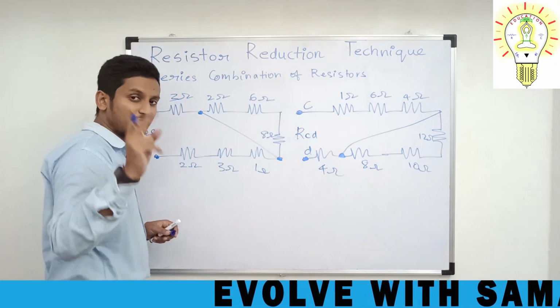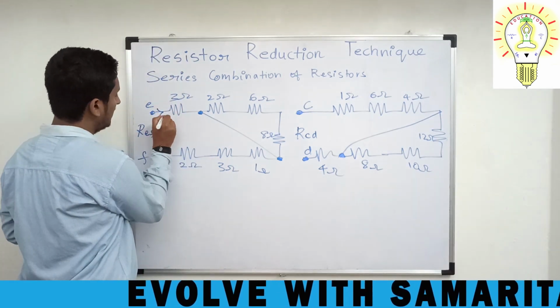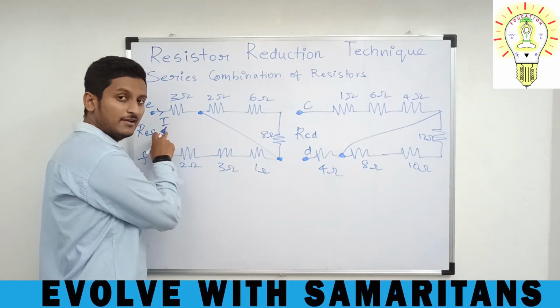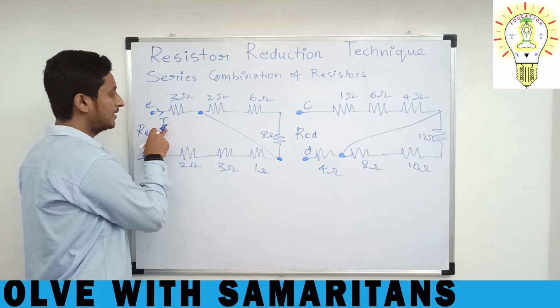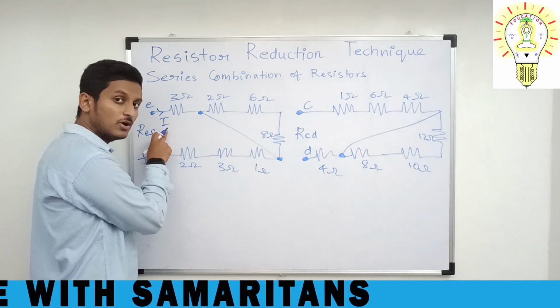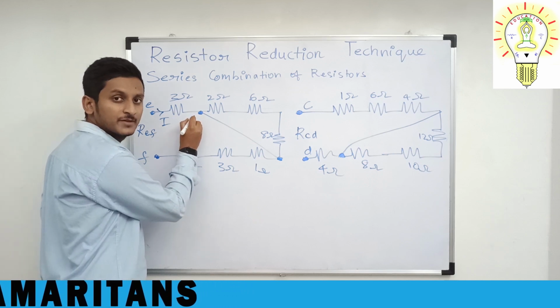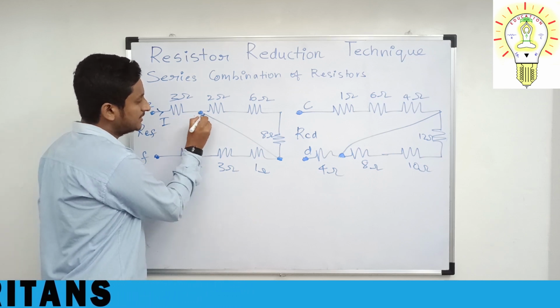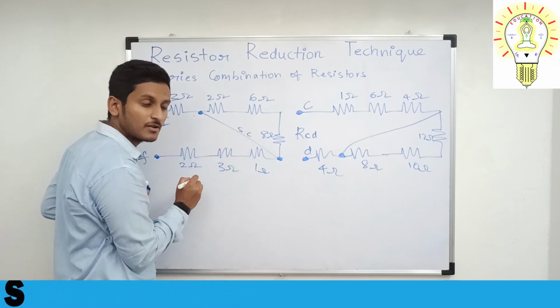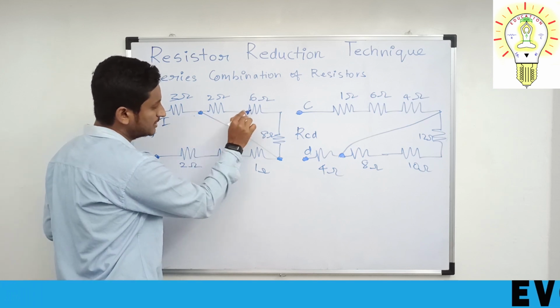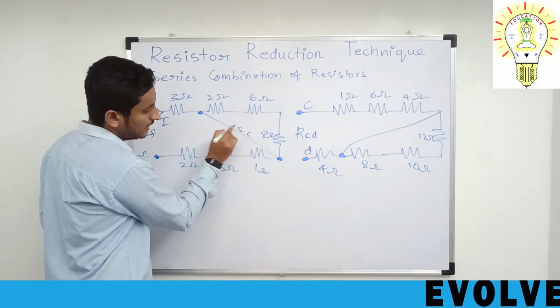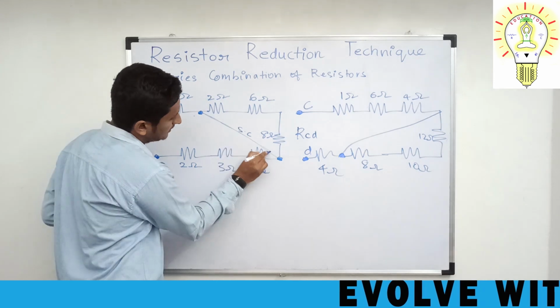Now as I said, the first thing you have to do is enter the current I. After entering the current I, what will happen? We have to check the flow of the current, where it will go. Now this current will definitely come here. But after coming here, there is a short circuit path. So will the current try to flow from this one or this one? Definitely it will go to this path.